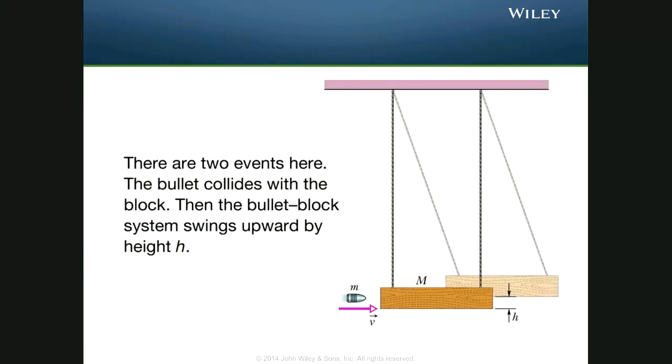So this is a nice picture of the whole system, where we have event 1, and then we have event 2. And we're going to have to figure out how to connect them. How I like to solve this problem, I love to start with what we're looking for. We want to know how fast this bullet's going. That's what we want to keep track of. So when we're doing that, we can say, okay,